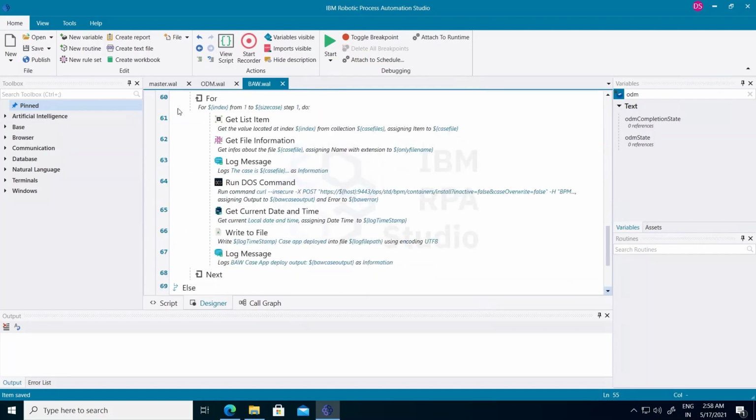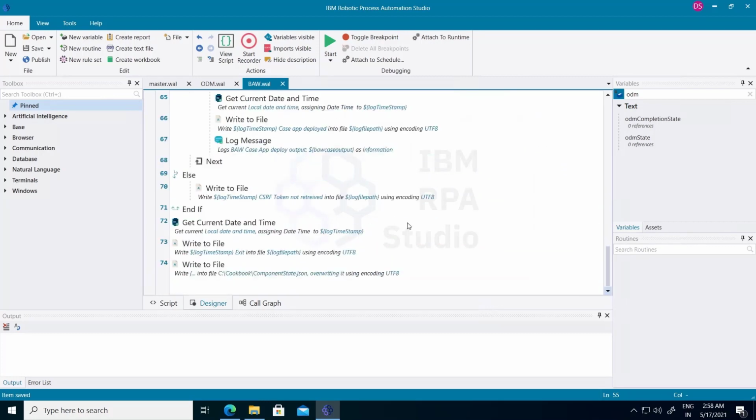Similarly for the case folder, the steps which we did for process are similar. Then in the end we'll write it to the log file, and also we'll write the state of that component. If it was complete, we'll write it to that JSON file.